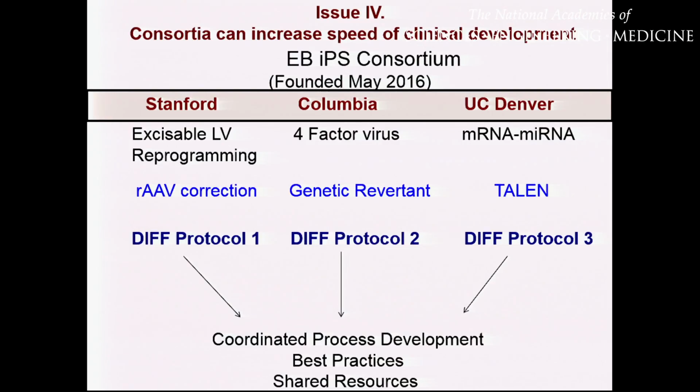Okay, and lastly, I just want to point out that consortia, as Lawrence talked about, are critical. We now formed an EB consortium with different groups. Each of us have made these iPS-derived keratinocytes a different way, and we're getting together to form a coordinated process. I think going back to why we took 18 years in the beginning, one of the reasons is because we did it by ourselves. Friends help you if you can work together.